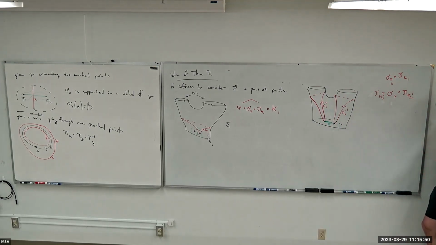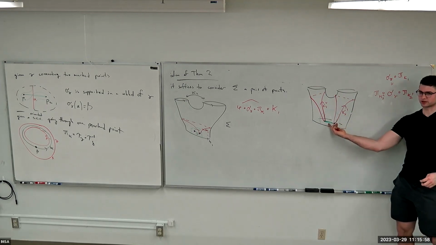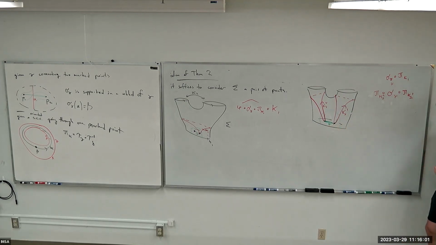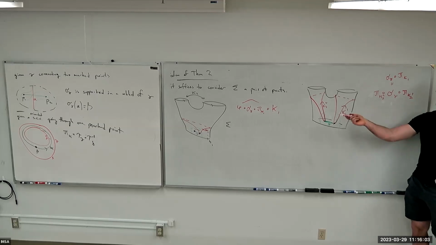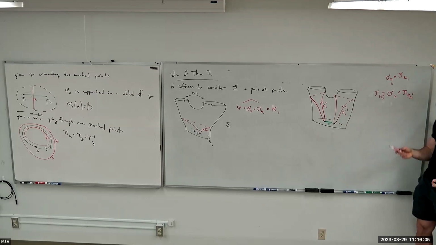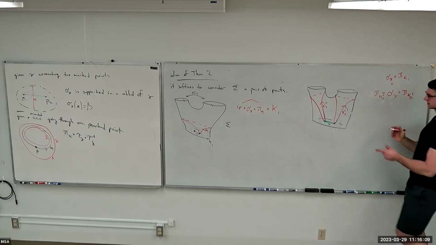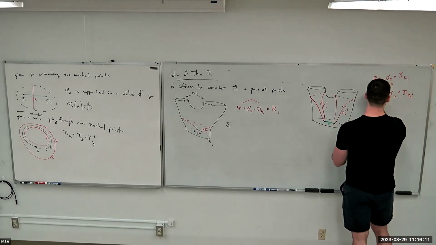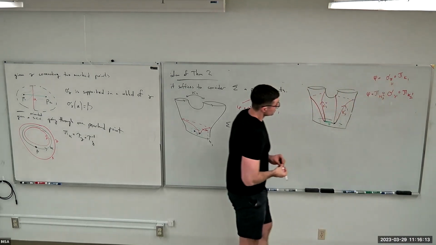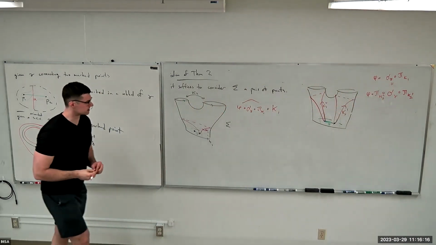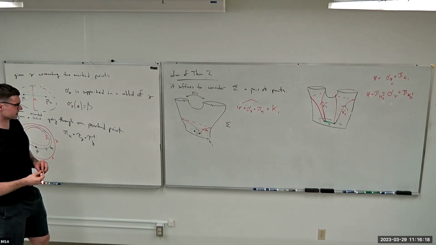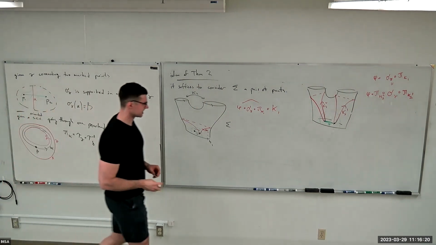The way you prove that is the usual way. You cut the pair of pants up into two discs, each containing one marked point, via some arcs, and you see where both of these send those arcs, and automatically you get this. So in particular, if you compose with the open book monodromy, you get the same thing. Okay. So now,